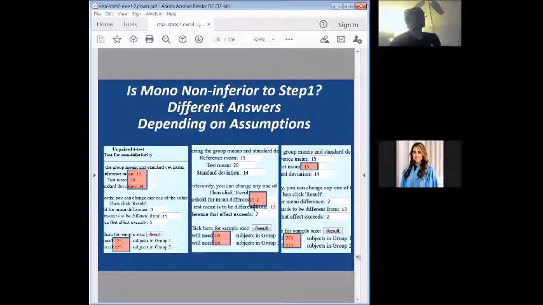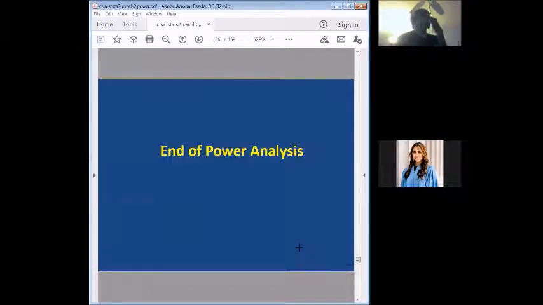But if the non-inferiority can go down from 15 to 13, then you need fewer subjects. And if in fact you expect them to have the same drop, then you need a lot more subjects. So that's the story. So I'm done with power analysis now,